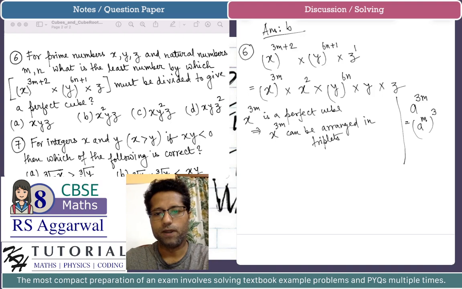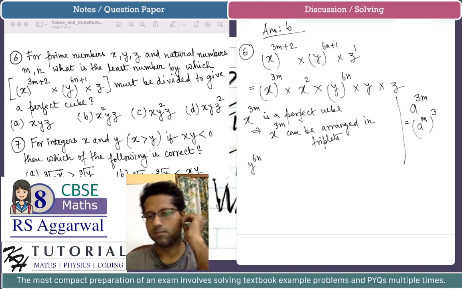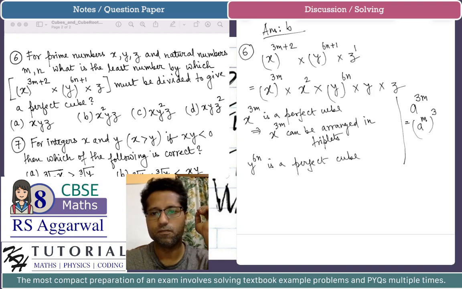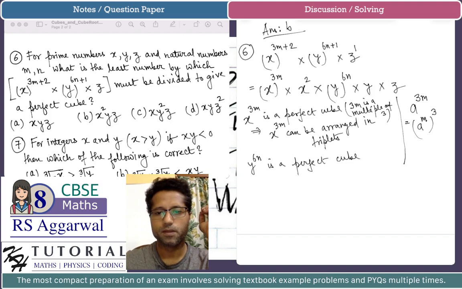Similarly, y to the power 6n, n is a natural number, 6n is also a multiple of 3, is a perfect cube. Now perfect cube, why? Because 3m is a multiple of 3. Y to the power 6n is a perfect cube